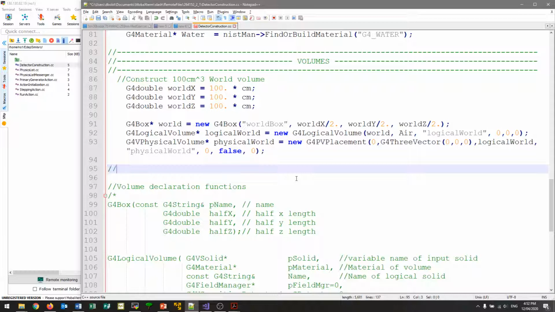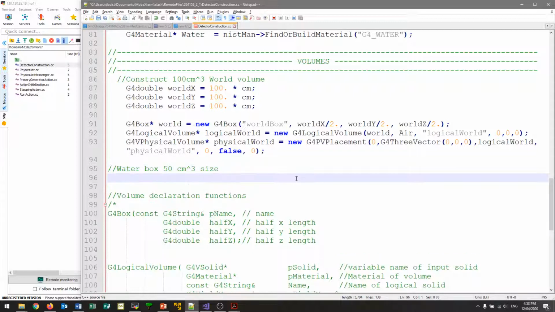So let's just add a comment here. So let's say, water box, 50 centimeters cubed size. So let's just start with some variables for our box. So let's call this